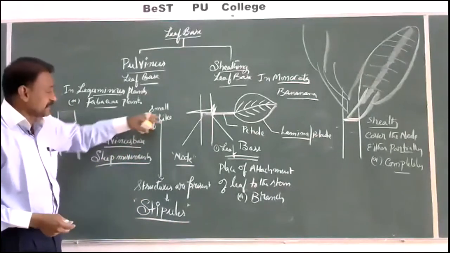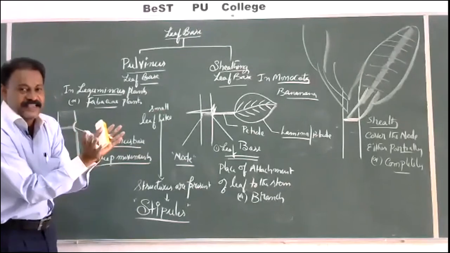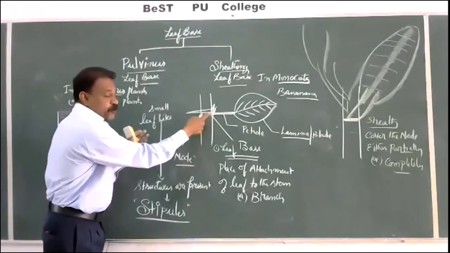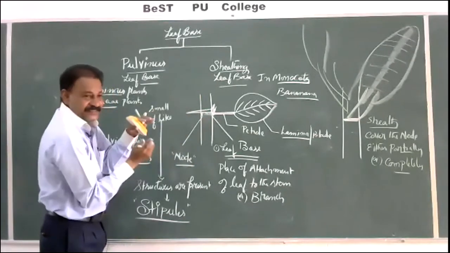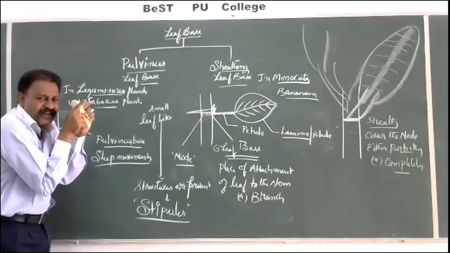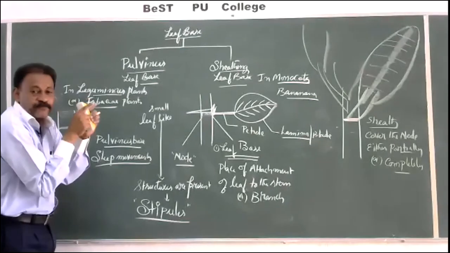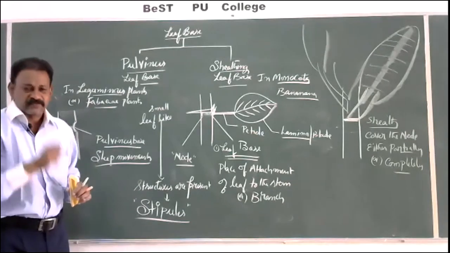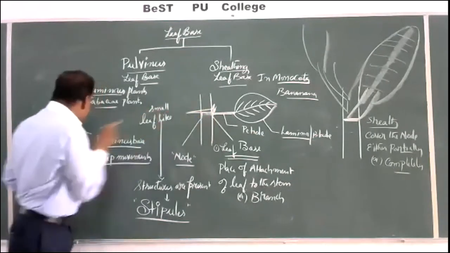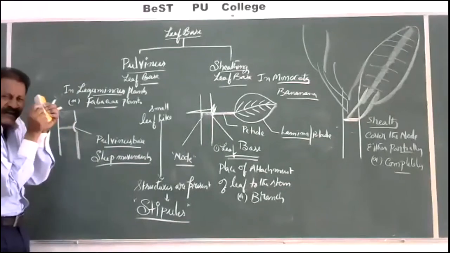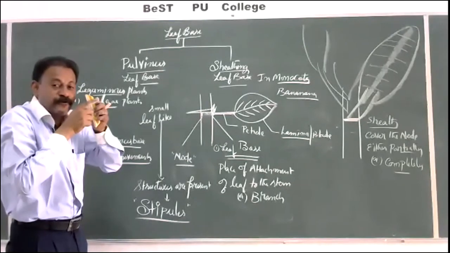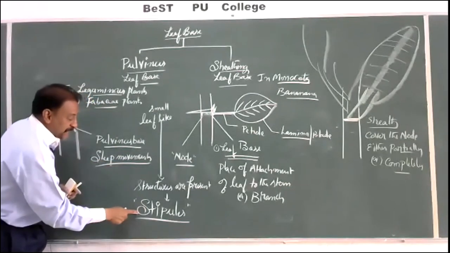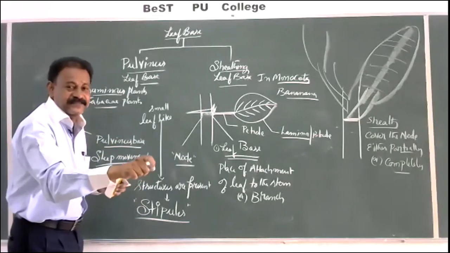My dear students, again see this, on either side of the leaf base, exactly at leaf base, the leaf base is nothing but node. So on either side of the node, that side and this side, a pair of small leaf-like structures are present in some plants. They are called stipules. So what are these stipules? Small leaf-like. Why? When the leaf is in young condition, in small young bud condition, these stipules are going to protect the leaf bud. So stipules are present or found in some plants, in some leaves.